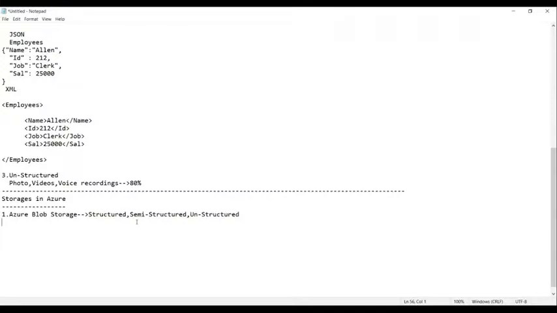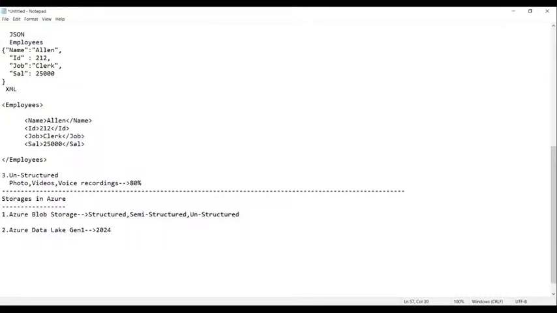Now, guys, the next one you have is Azure Data Lake Gen 1. So what is Gen 1? Can you tell me, guys? Azure Data Lake Gen 1. In Gen 1, you can see that it is not allowed to be created now, because it is going to retire in 2024.